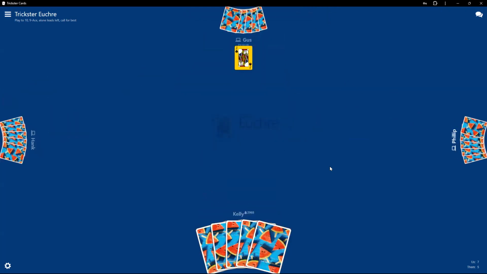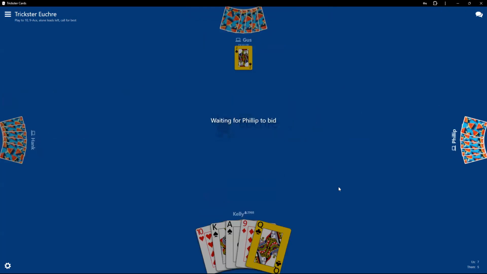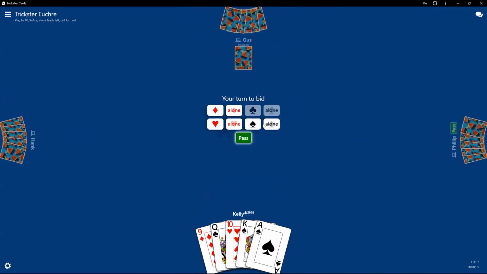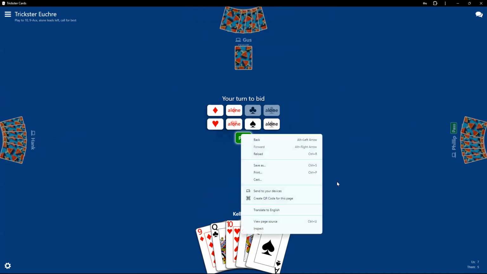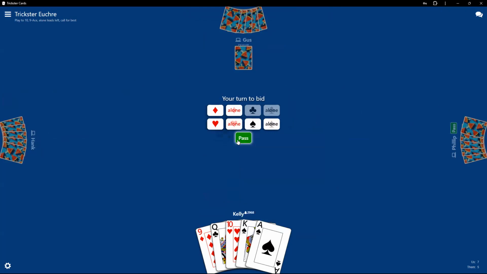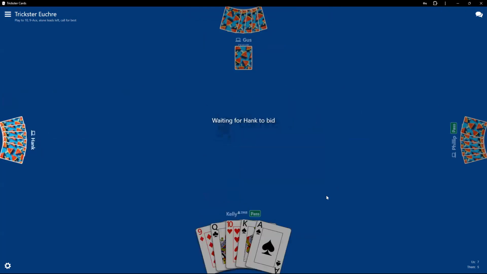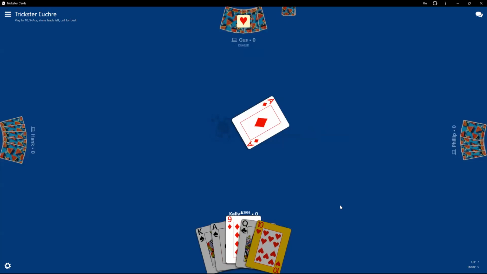I realized with all this talking I'm doing, I'm not really spending much time counting the cards. There's no way in the world I would order up my partner with a Bower with only one card in my hand. So back to me, I'm definitely going to pass on all that. No way would I make it anything. Now, if I was the dealer and I can get rid of two of these cards, it'd be nice to see the 9 and the 10 disappear.